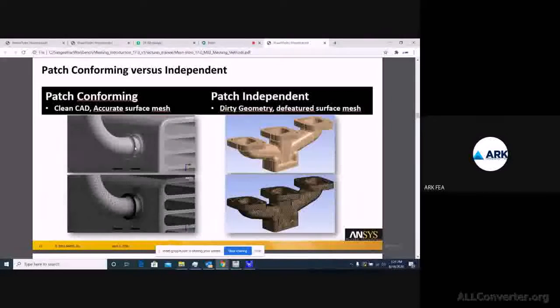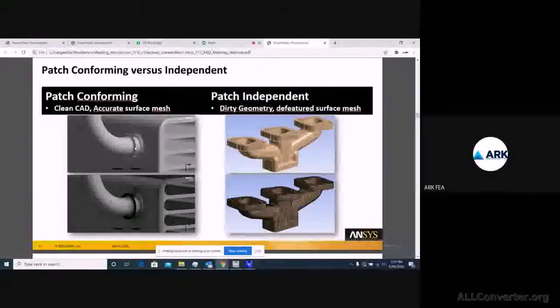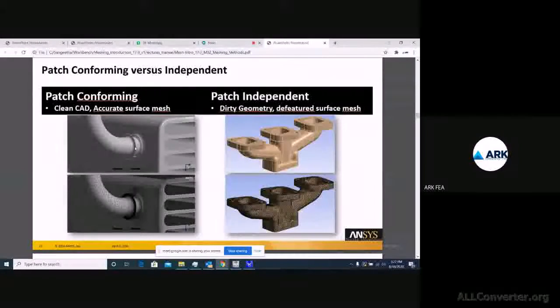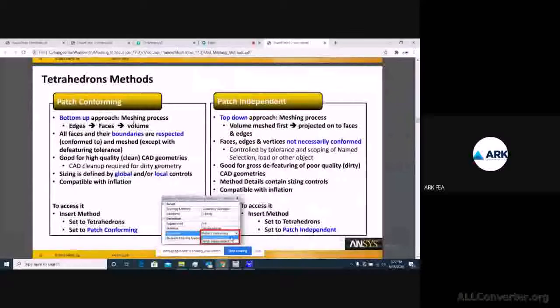Though the geometry is clean, it has sharp edges, right? And you also have a geometry which is dirty, and still certain surfaces are there which you can work on during mesh and get it. So how does this actually work?